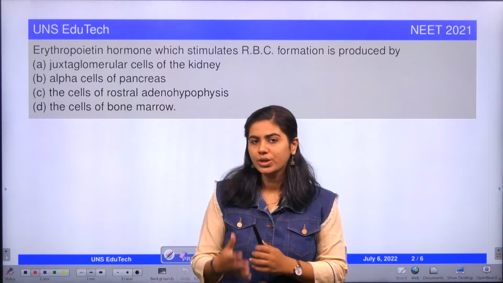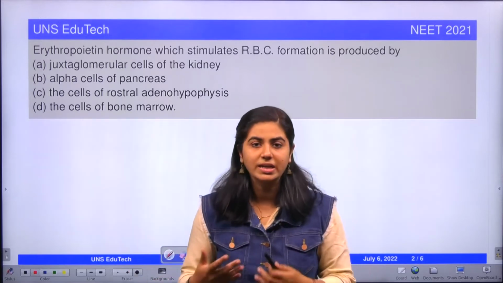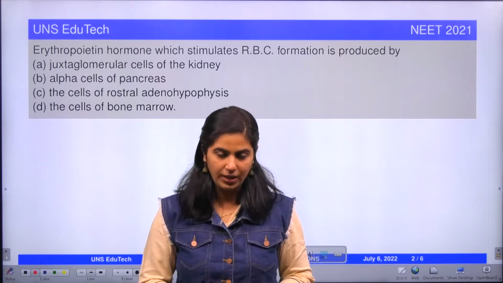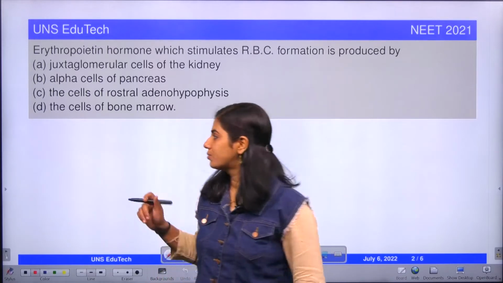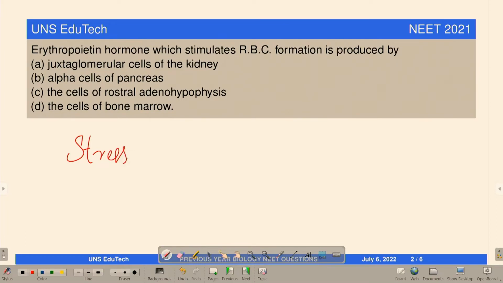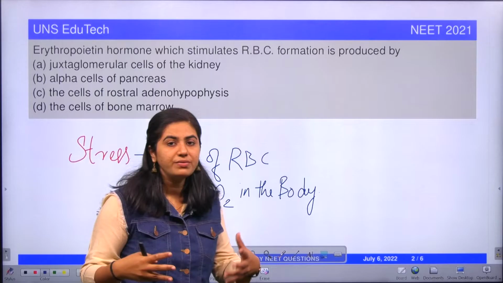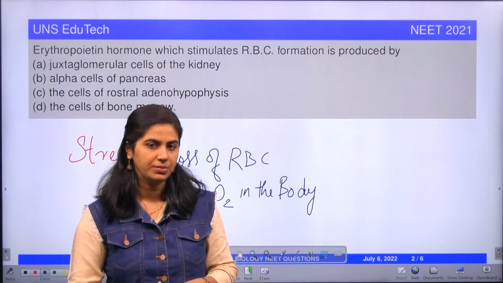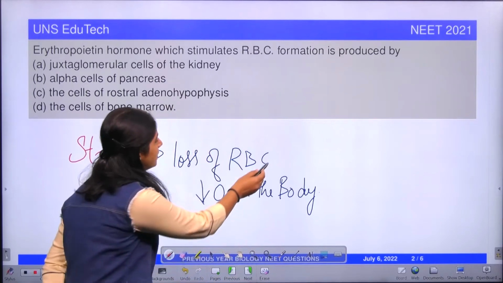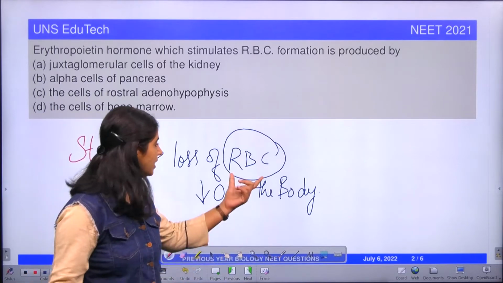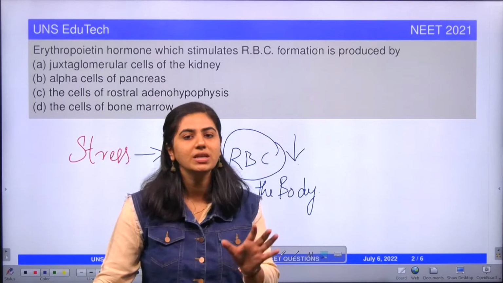Right. So before going to the answer, you know our routine, we will explain each option. Before that, I will tell you when erythropoietin comes into the picture for the formation of RBC. When the body is in a stress condition. When we say stress here, the stress is loss of RBC or reduction in the level of oxygen in the body. That is, when we have some injury in our body and we have a huge blood loss. Blood loss means loss of RBC, and RBC carries oxygen to different parts of the body, right? So when there is a decrease in oxygen level or a decrease in the RBC in the body, that kind of stress